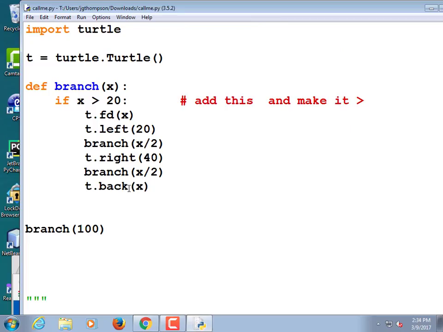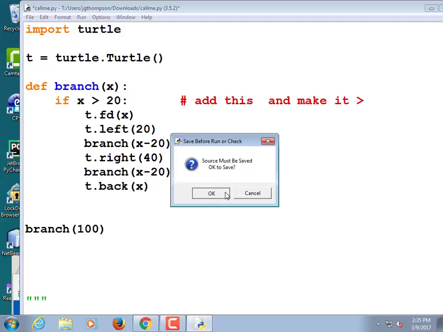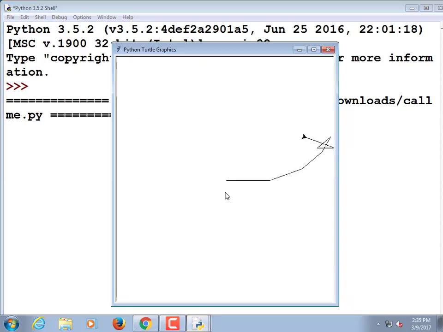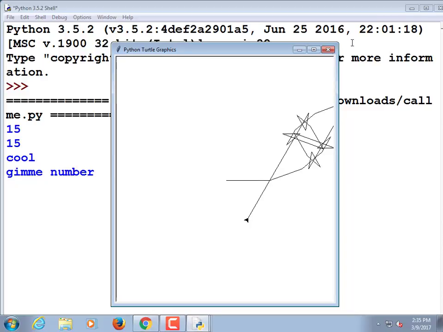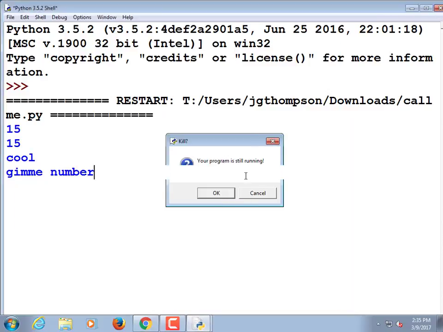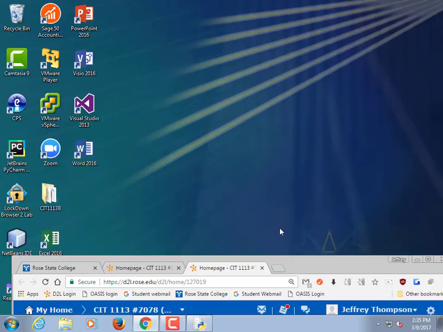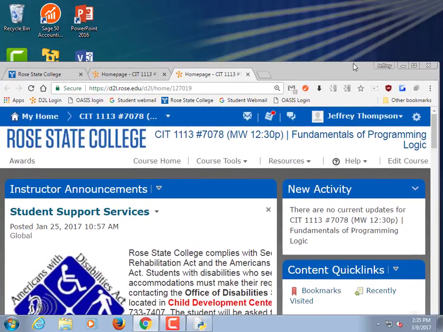Yours looks cool. I needed to set my angle back to the primary angle one more time. I'm not even getting that. Mine's not drawn. Mine's doing some crazy stuff.